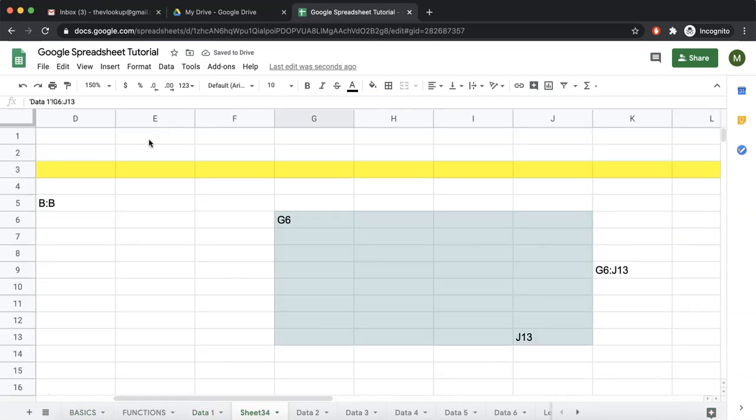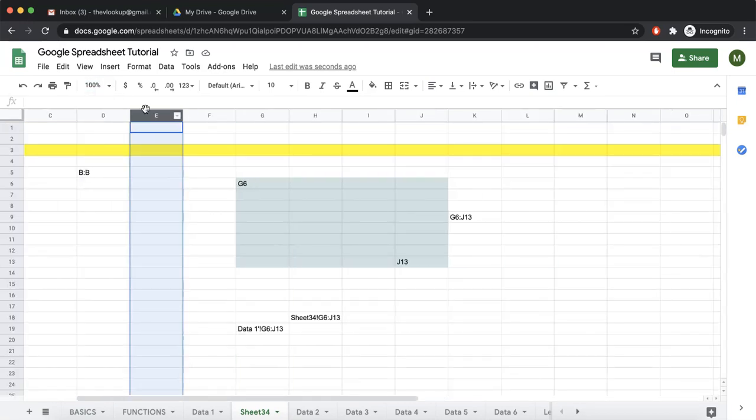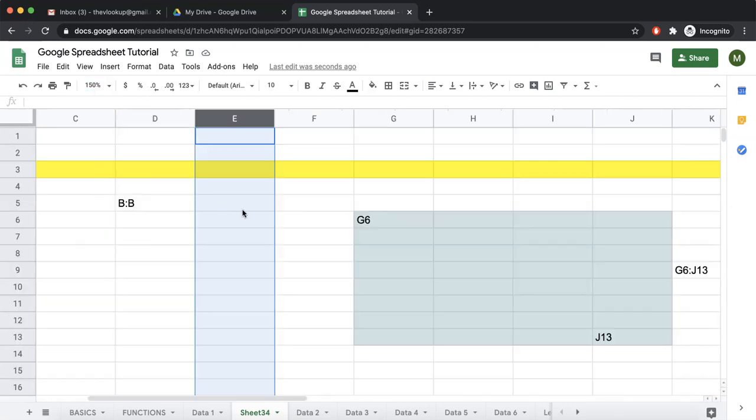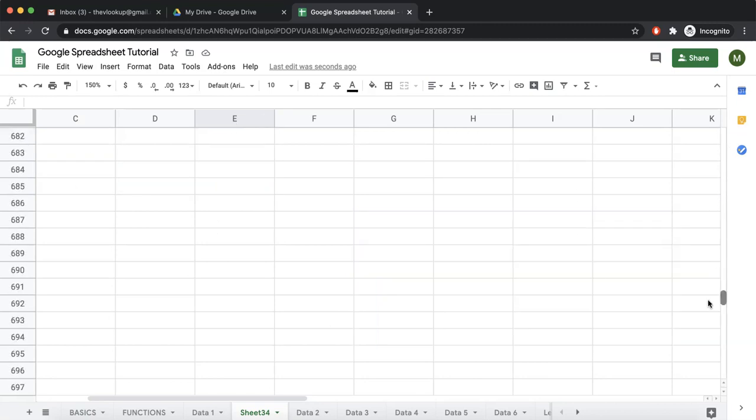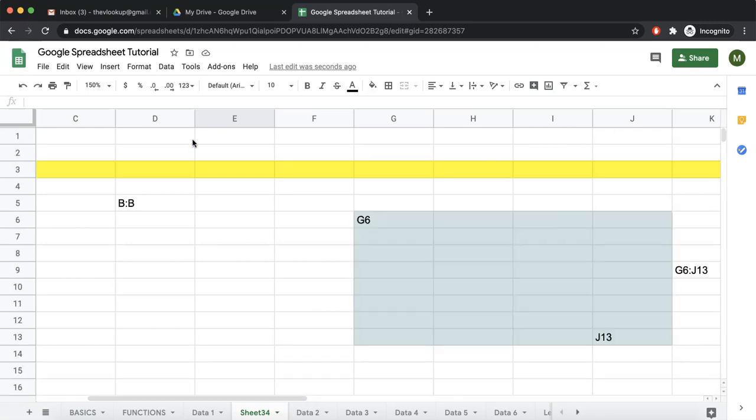When we say column E, if I know exactly that column E starts at 1, and by the way, in your case it would be at 100%, so it would look like this. Just so the video is clear, I have increased the zoom to 150%. So don't worry about why this looks so big and your spreadsheet is not that big. It's just because I have changed this to 150%. Now, if I know that column E starts from 1, and if I scroll this down, it ends at 1000.